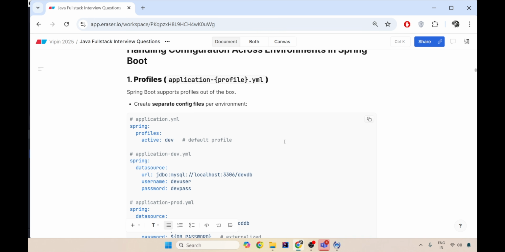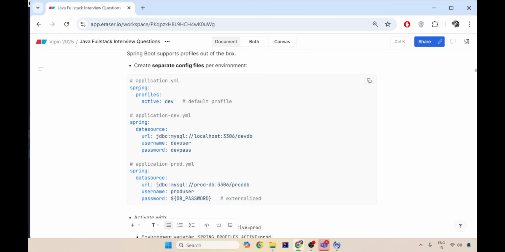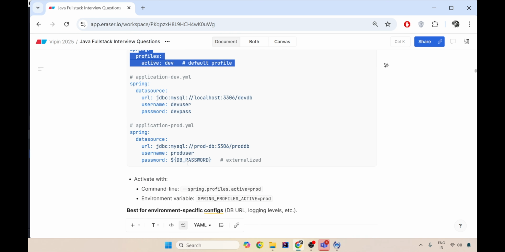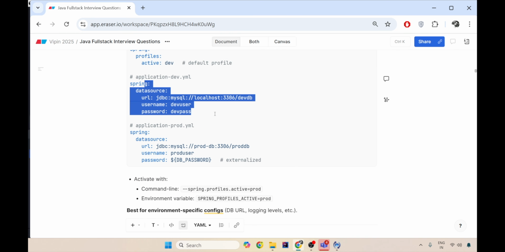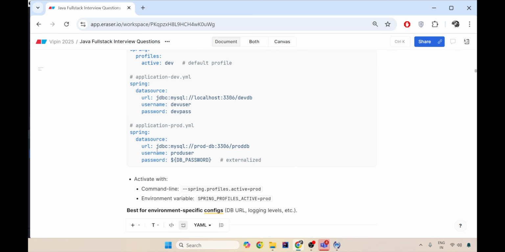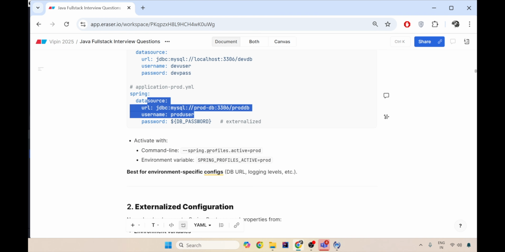That is, you can always have application.yaml, application-dev.yaml, application-prod.yaml, application-test.yaml. And this is how you provide the default properties. You can also provide this as an environment variable to the pod if you're deploying it in Kubernetes, so that the Spring profile active should be prod if it is a prod pod, and test if it is a testing pod, and so on. You can have your dev specific URLs and your prod specific URLs in their specific profiles.